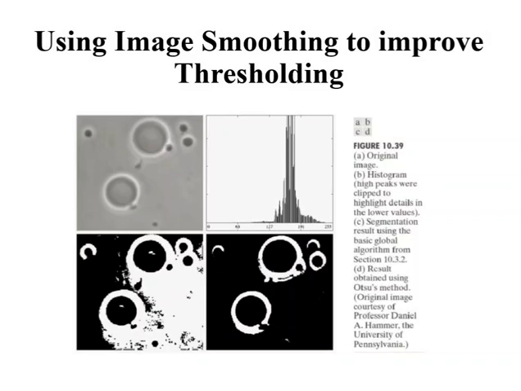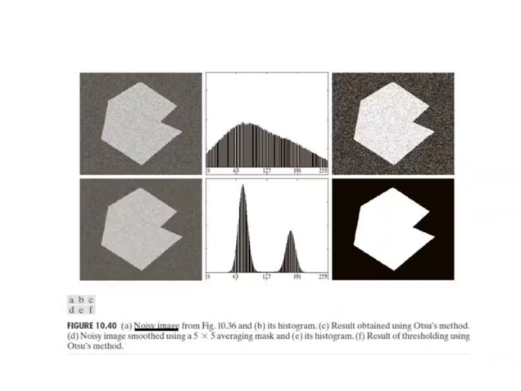Next, we consider the effect of reducing the size of the region in figure A with respect to the background. Figure A shows the result. The noise in this image is additive Gaussian noise with zero mean and a standard deviation of 10 intensity levels. As figure B shows, the histogram has no clear valley, so we would expect the segmentation to fail, a fact that is confirmed by the result in figure C.